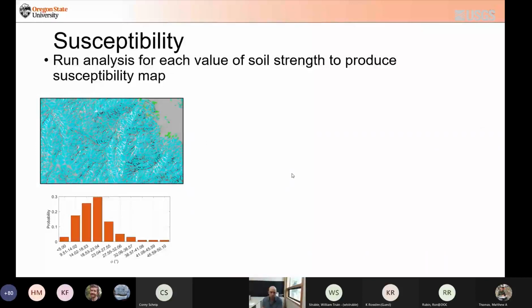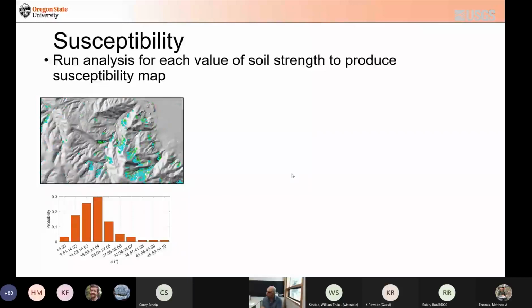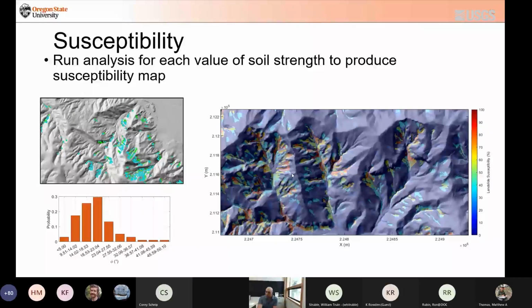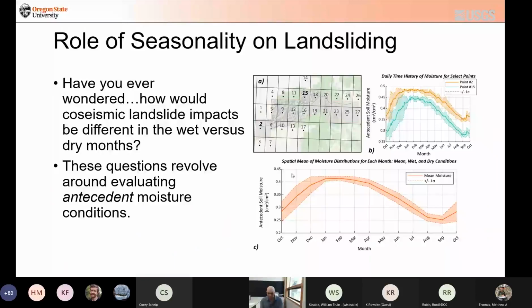For low strengths, everything wants to fail. As you go to higher strengths, less wants to fail. And each one of those strength values has a probability. When you combine it with the probabilities associated with it, you'll see that some zones have high susceptibility and some low. So one of the driving questions that Nick and I chatted a whole bunch about, and Nick really kind of brought this home, was,